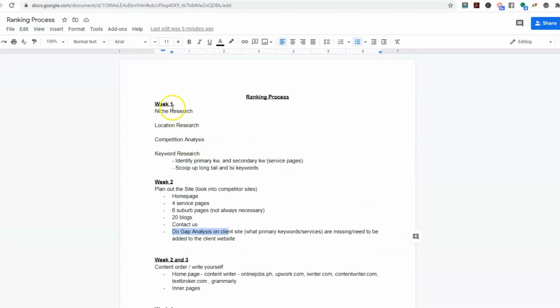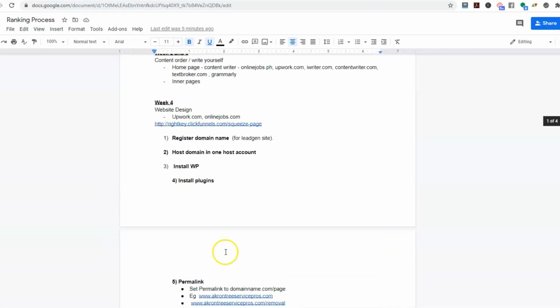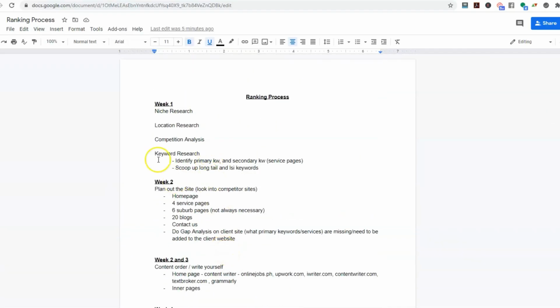So I've just broken down into week 1, week 2. Really, it's up to you, your skill level, how much time you have, things like that. I can do all of this in week 1. I honestly can do all of this in day 1, like 1 day. But if you're new, it might take you a week, maybe a couple of weeks. So don't fret over this timeline. Just understand this document, the process is really to give you, okay, step 1, step 2, step 3. Before you go to step 5, you need to make sure you have step 1, step 2, step 3 done, right? So let's take this from a perspective of ranking a brand new fresh domain and ranking a client site,